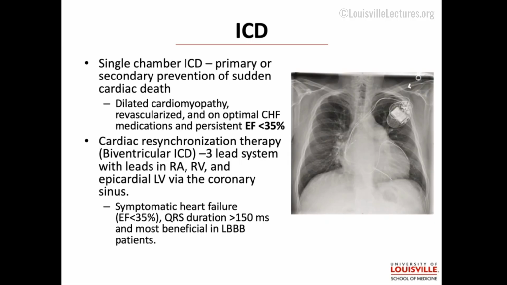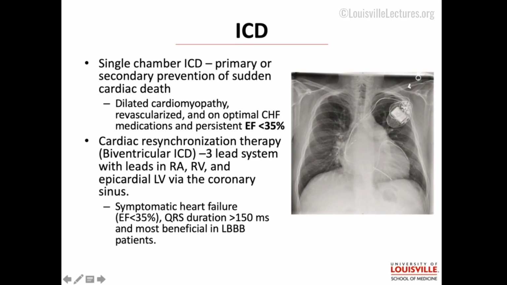So that's one type of device. The other type of device is what we call a CRT, cardiac resynchronization therapy. You may have also heard it referred to as a biventricular ICD. That's what's actually shown in this picture here. We actually have 3 leads in this one, an atrial lead, our right ventricular lead with our defibrillator coil, and then over here we have what we call our LV lead, which is in the coronary sinus. We don't actually put a lead into the left ventricle. This is for patients who have symptomatic heart failure, again, EF less than 35%, and a wide QRS with left bundle branch block. And by wide, it's not just 130 or 140, it needs to be above 150 milliseconds.